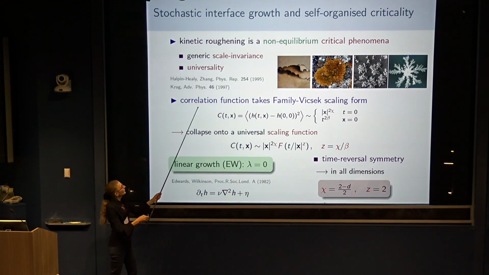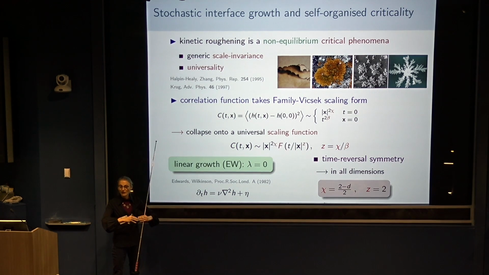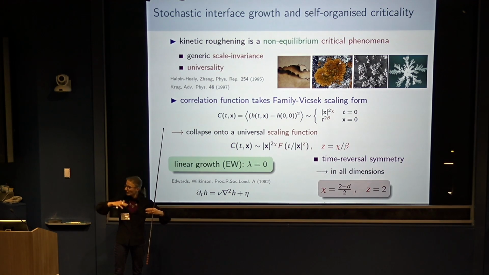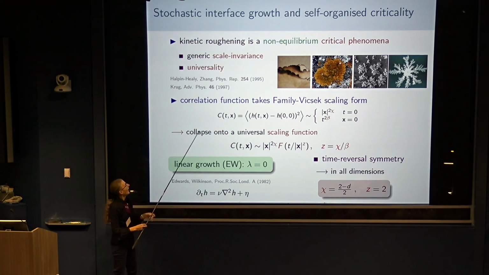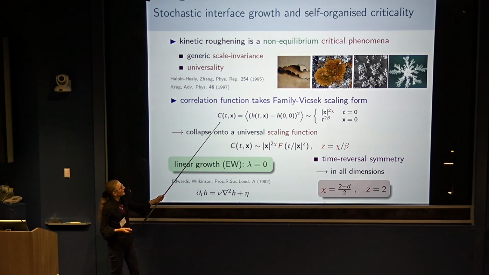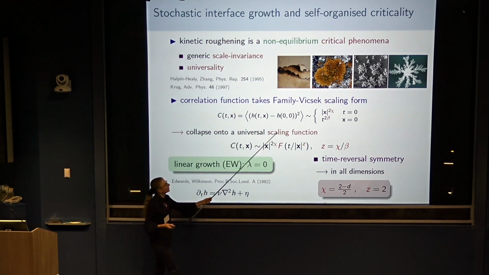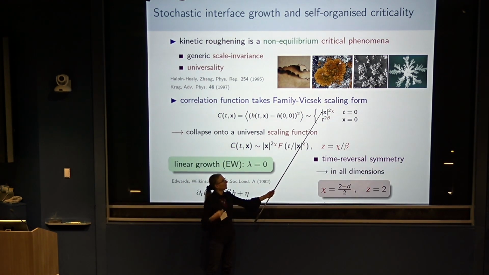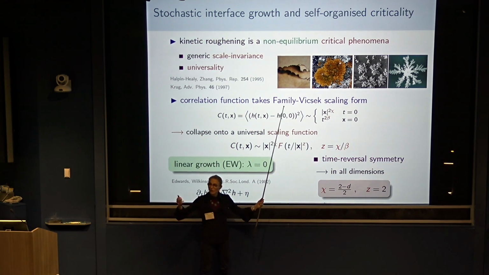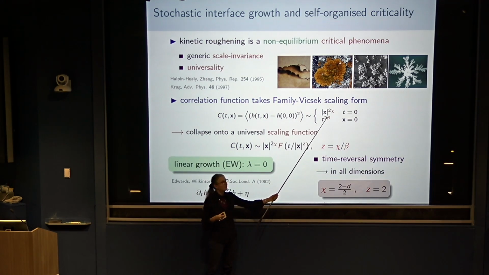Okay. And so I will describe the physics of that in the language of the interface. And what you observe, in fact, is that the interface always becomes rough as they grow. Rough meaning they develop very large height fluctuation, and they do so in a scale invariant manner. So if you look, for instance, at the correlation function, it grows in space with an exponent chi, which is called the roughness exponent. The fluctuation also grows in time with an exponent beta, which is called the growth exponent.